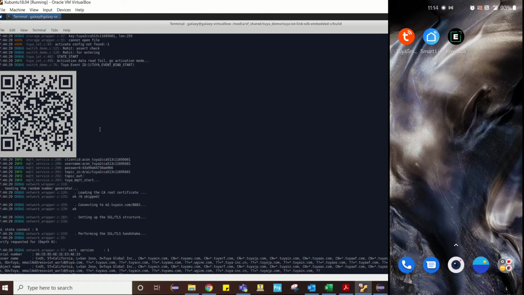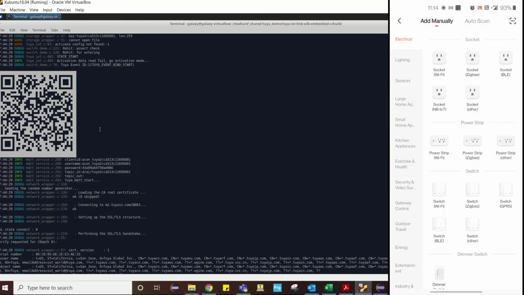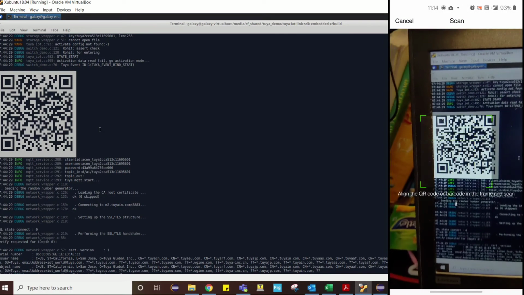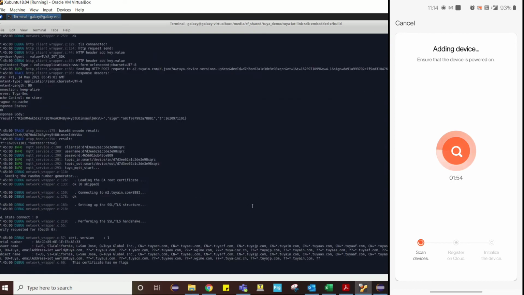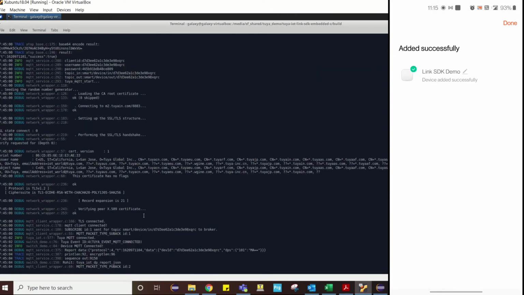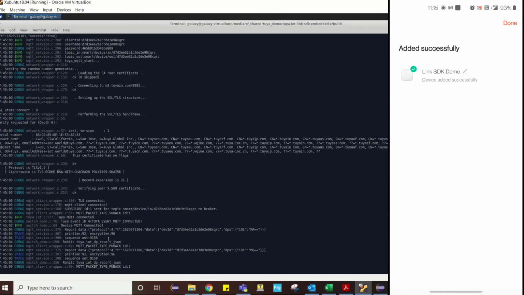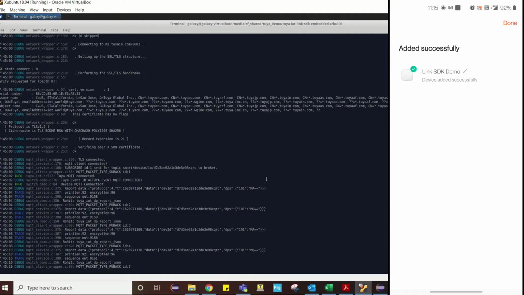I quickly scan this QR code using the Tuya Smart app. Okay. Now this mobile phone app is bound with the IoT device where the SDK is being run.